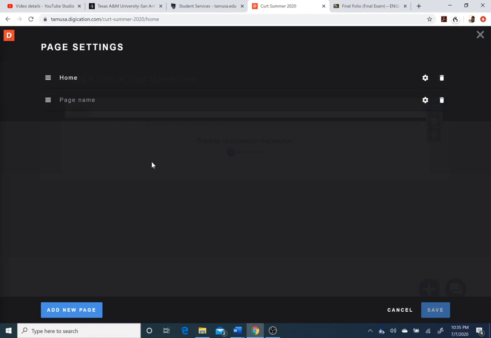So we could actually divide. There's a number of ways that you can, in fact, do this. You can organize your folio by project. For example, you could have the annotated bibliography, the report, the argument, right, and organize it as such, and then have the various different parts fall underneath it. Or you can organize it by type of writing. So if we were going to do it by type of writing, for example, we might have reflective,